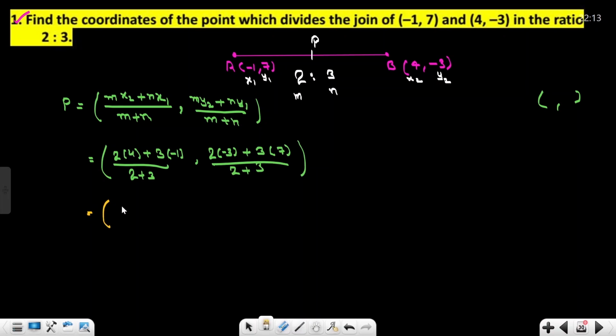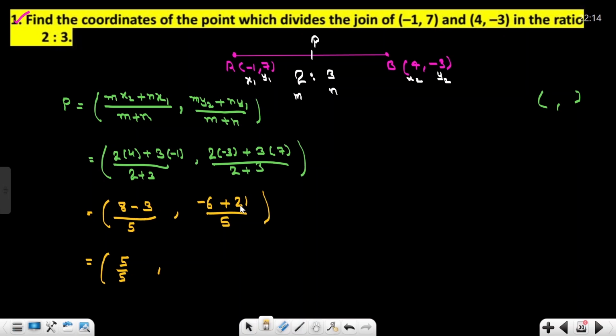4 2s are 8, 3 into 1, 3. Plus into minus, minus. 2 plus 3, 5, comma, 3 into 2, 6, negative into positive, negative. Plus 3 7s are 21, divided by 5. Solve it. 8 minus 3, 5, divided by 5. Minus 6 plus 21. If one term is negative and one is positive,